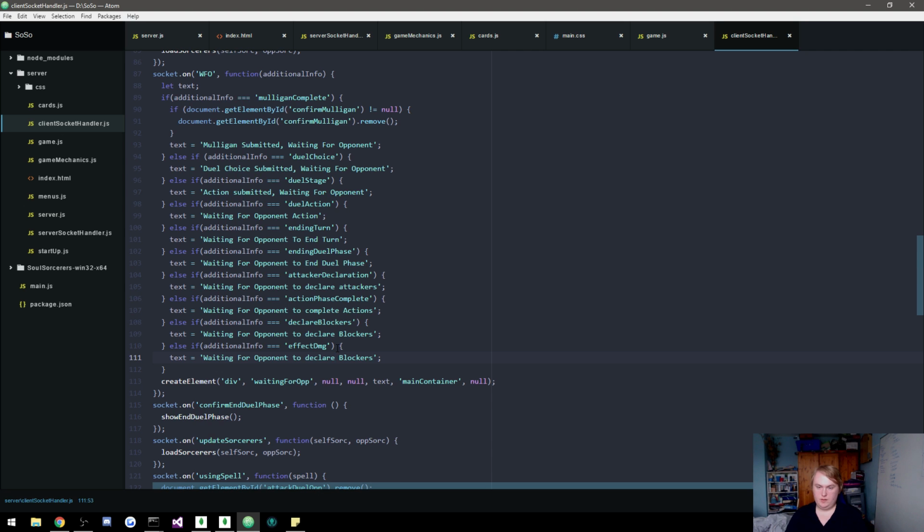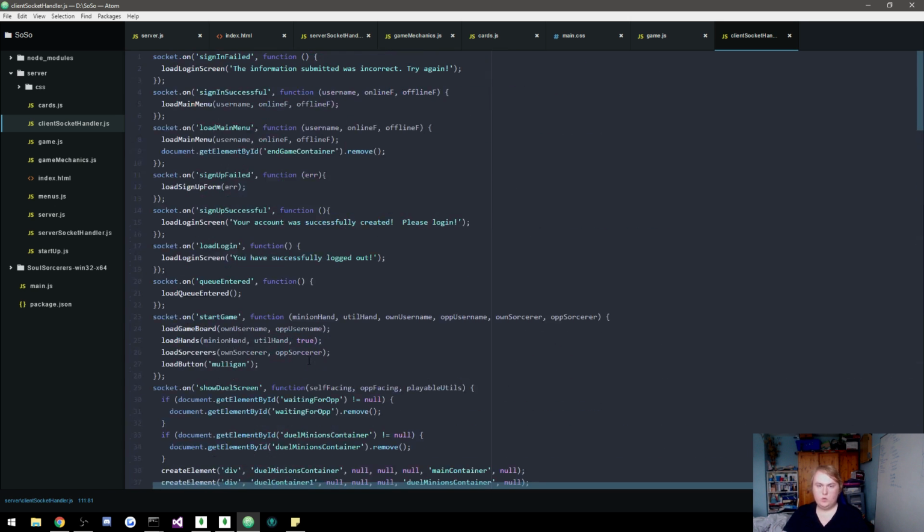We want to set the text here to be waiting for opponent to declare target for minion board entry effect. Okay, so once we have done that,